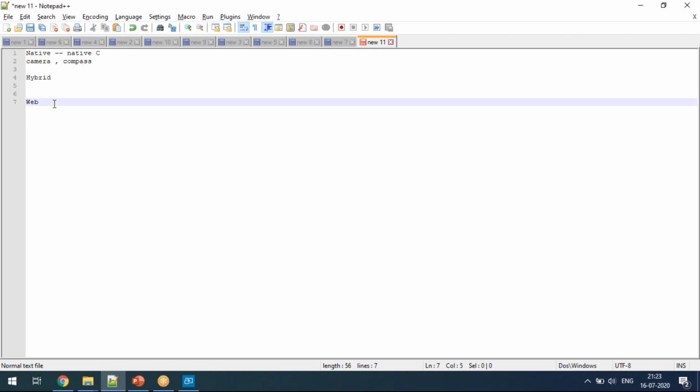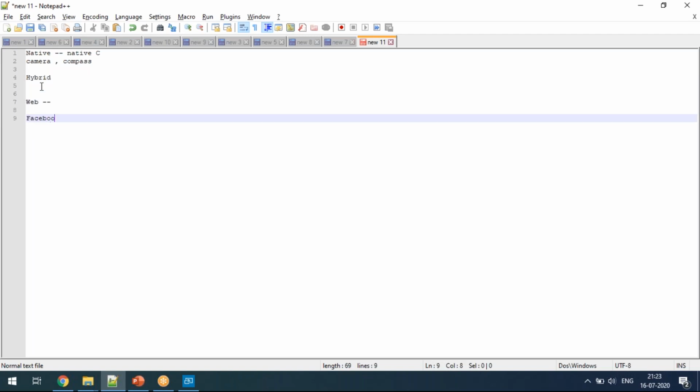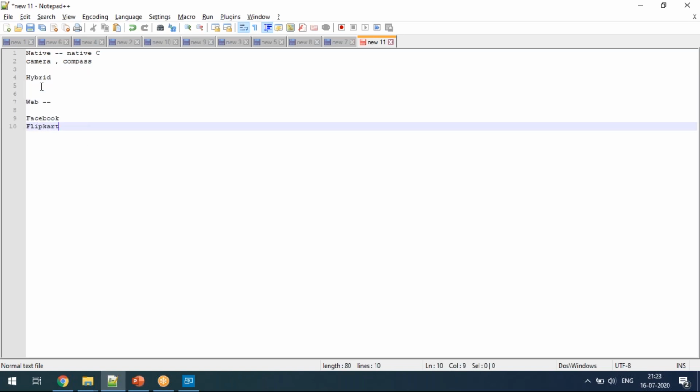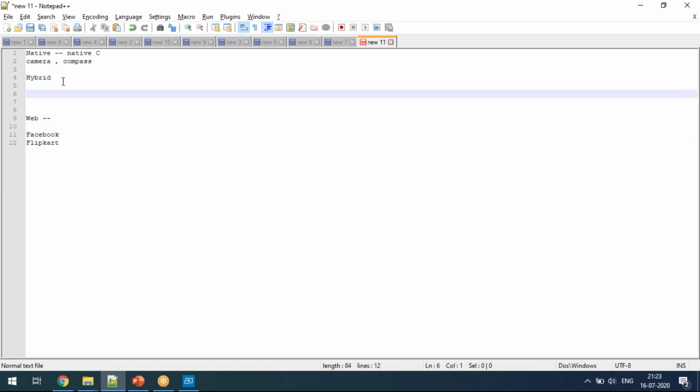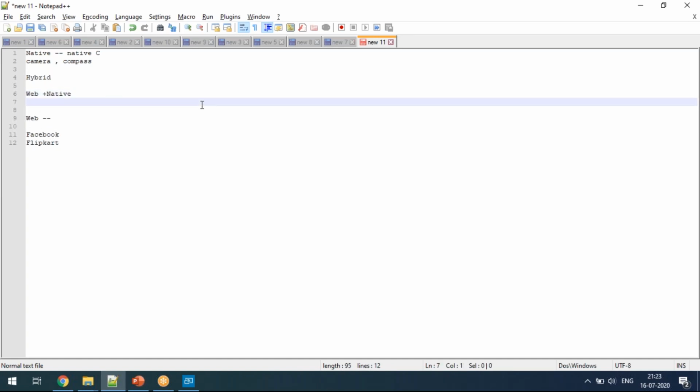And then web app, I told you, right? Facebook or Flipkart, all these applications, you can launch. It is available as an installed app, and it is available in the browser also. While launching it in the browser, nothing is stored. There is no stored app in your mobile. Using the browser feature itself, you are doing the activity. But the hybrid is a combination of web plus native. So they are taking the best practices available in both, web plus native.